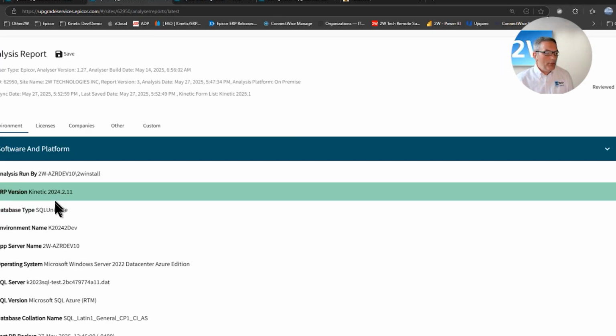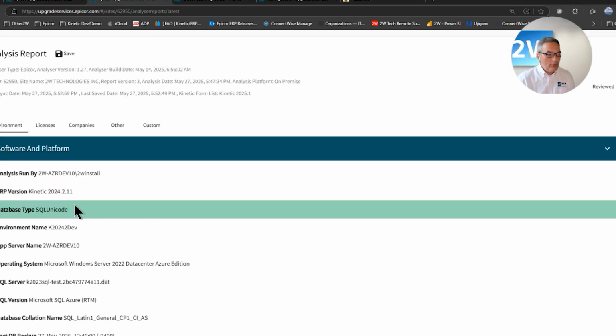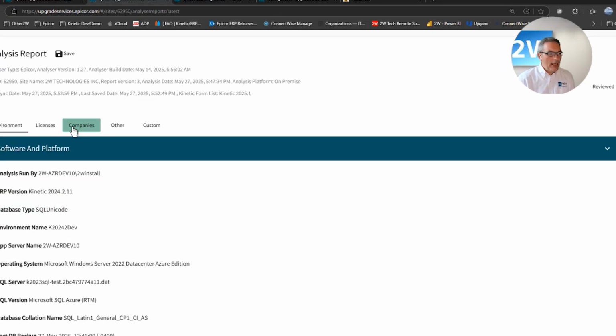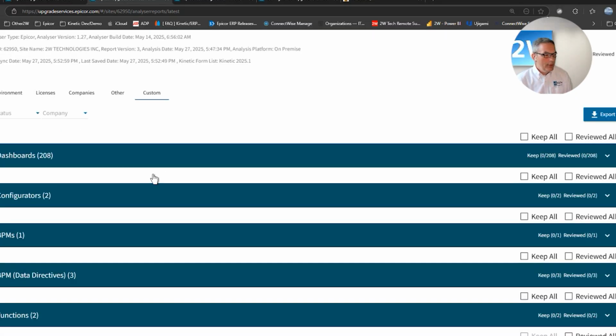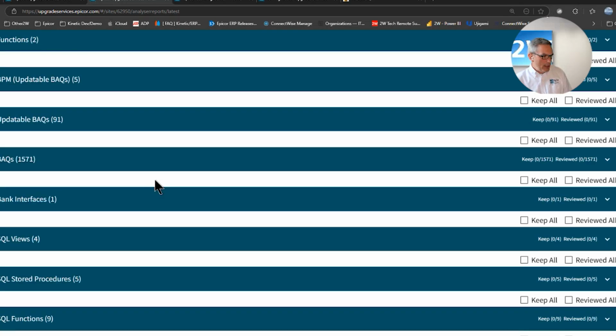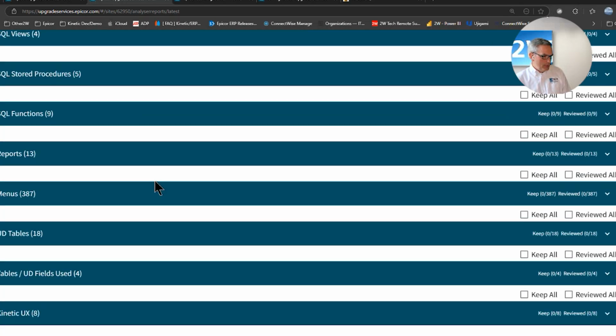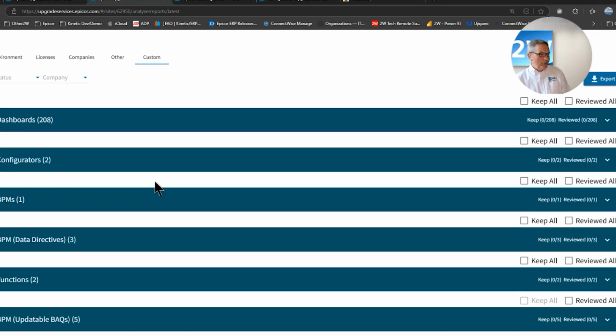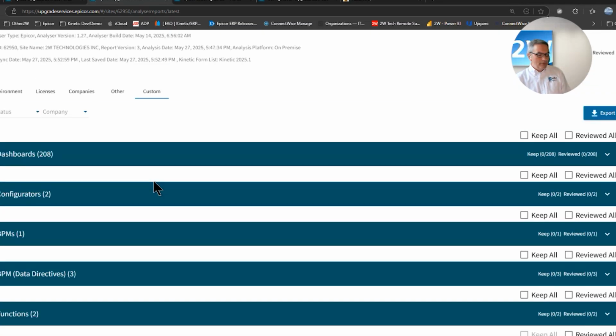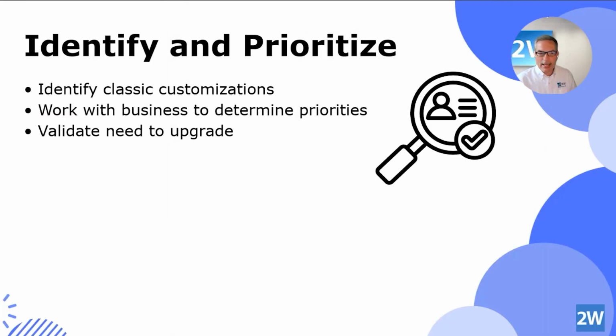And there's quite a bit of information here, all of it useful. But in this case, I want to come over here to the Custom tab and then drive on down to my UI customizations. And for some reason, I'm not seeing them. We'll come back to this later. Not to get too sidetracked here. But in any case,